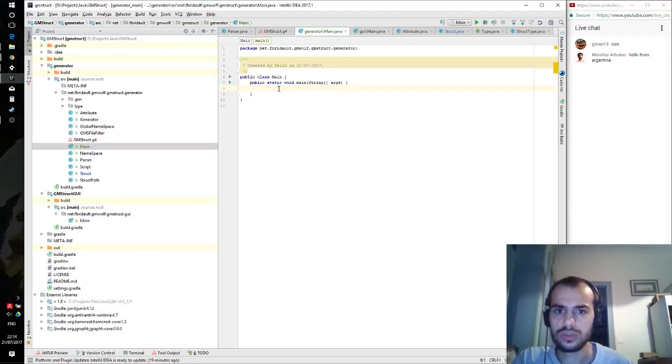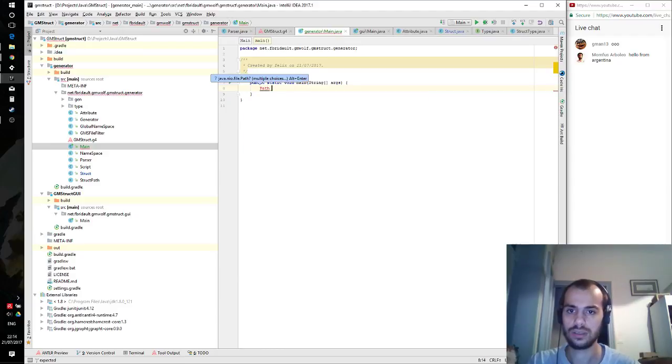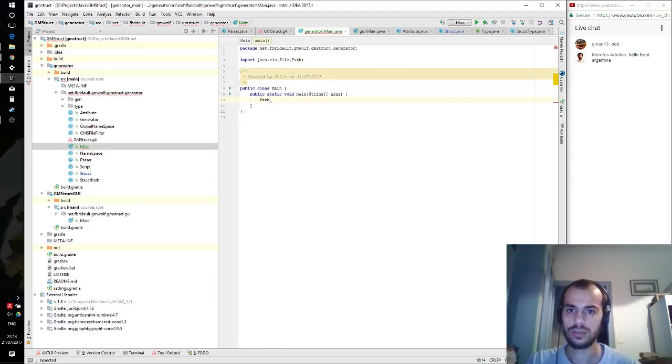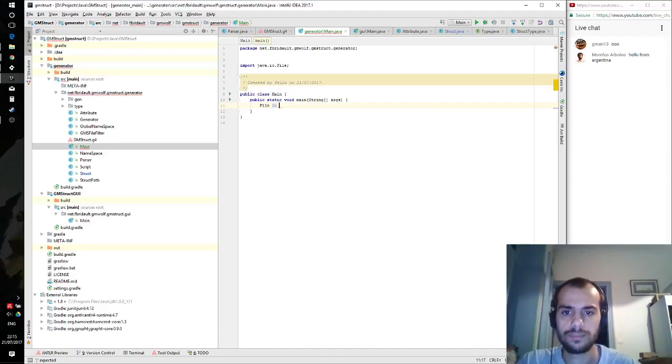I'm just going to say that my in path, so path, is that correct? Is it NIO? It shouldn't be NIO, it should be path. Oh, I'm using path, that's right. Let's use file instead. File in equals equals new file